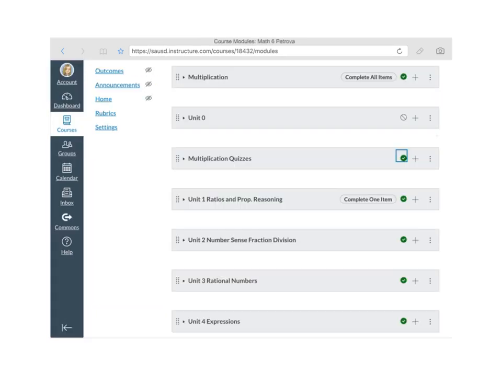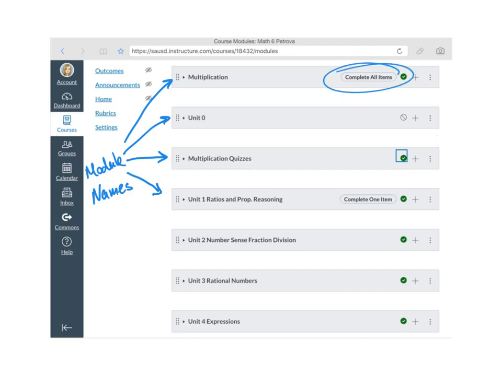Another sample of organization for my modules, I've collapsed them all. This is from a previous course. I wanted to show you that I had a prerequisite multiplication module where I created a Canvas quiz with all the multiplication, and they had to complete the 2s, the 3s, and on. So I didn't have to make any copies of multiplication, and kids were able to practice unlimited times, and they had to complete all the items to move on to other items. As you can see, the planning was by units and by whatever my unit name is, and inside I had